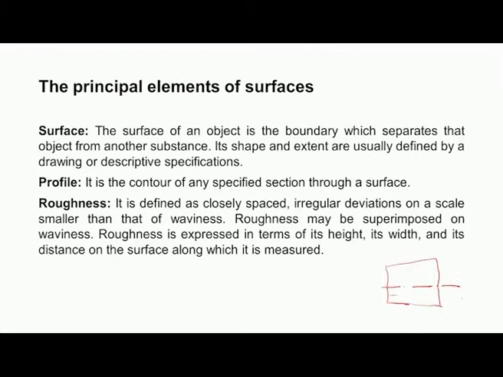Now, you can see here, if you take this particular portion, it has a taper component, maybe because of some error in the machine tool slide movement, and it will also have some periodic shape like this, which is termed as waviness. If you consider a small portion of this wavy surface and enlarge it, it will have a surface like this, which is termed as roughness.